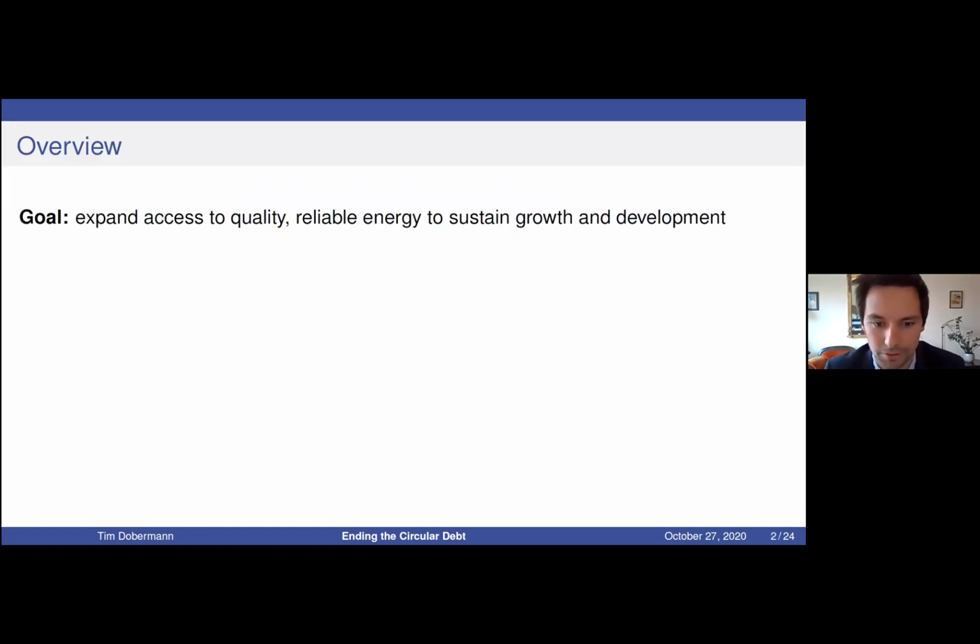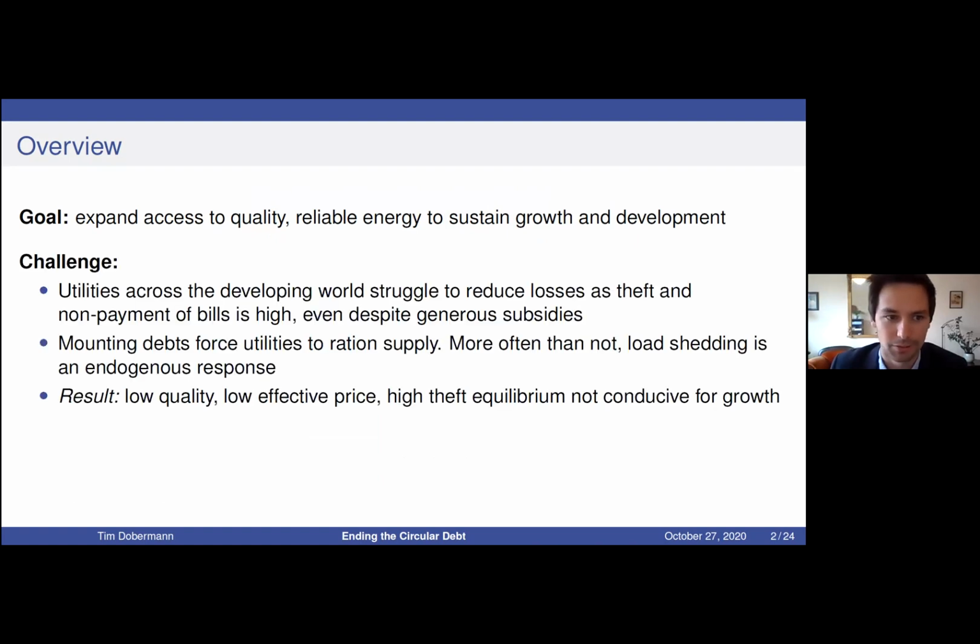So to start, what is the goal of ending the circular debt? The goal, from the perspective of Pakistan, is to expand access to quality, reliable energy. The expansion of energy is going to be key for growth, and in the long run, one of the key ingredients for long run development. The question is, how do we expand this access to quality energy? We know there's many challenges, and